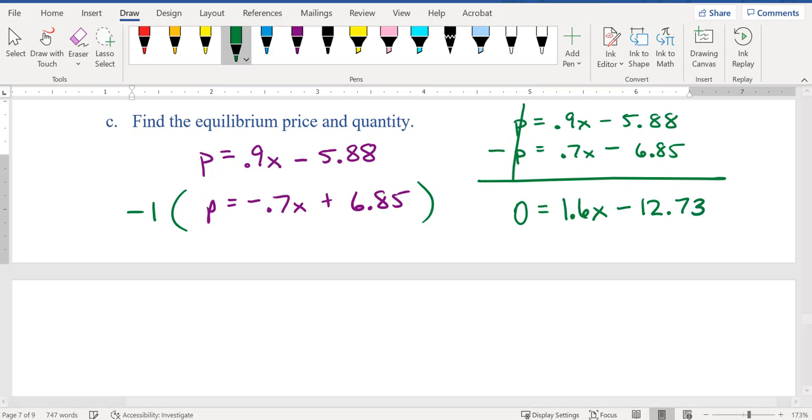Okay, to solve for x, I'm going to add 12.73 to both sides, and I get 12.73 equals 1.6x. Dividing both sides by 1.6,